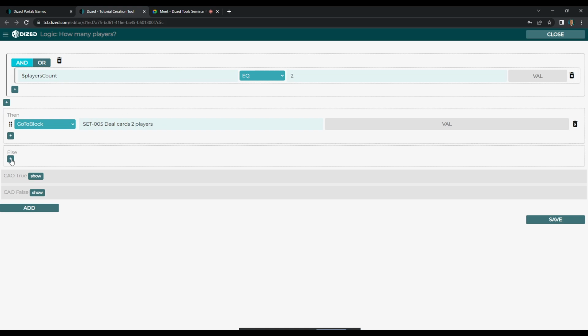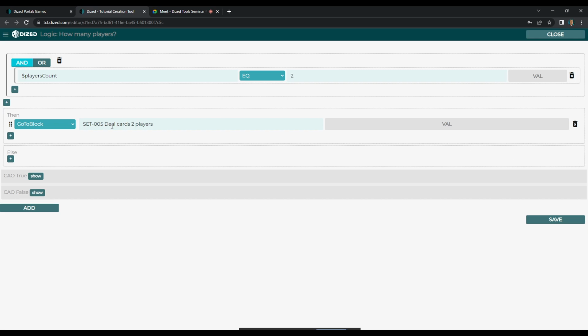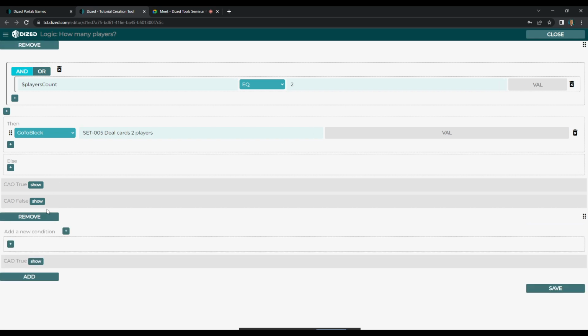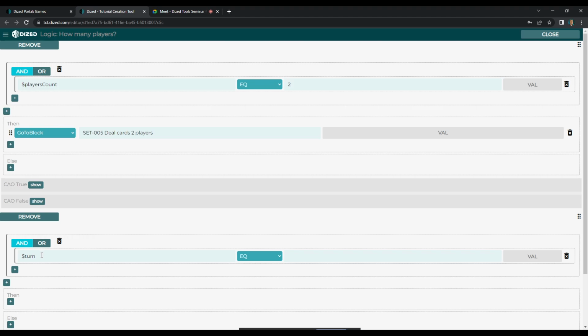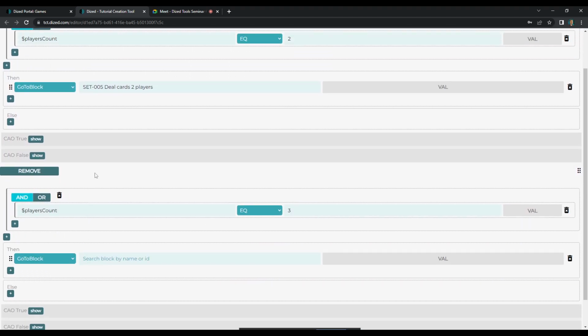I could add an else here. If not, then it goes to another step. That's one way to do it. So I could add the go to block here. So it goes here, or if that doesn't happen, then go here. I'm going to show another way. I'm going to add another condition, and I'm going to give it a players count equals 3, then go to block,